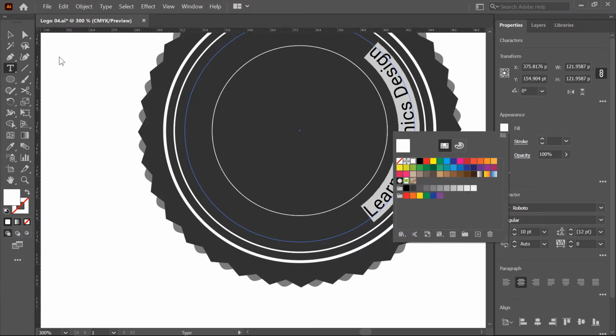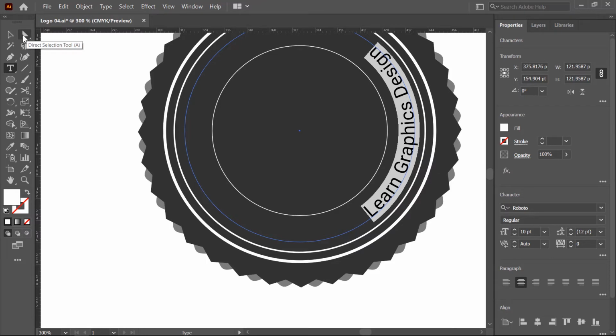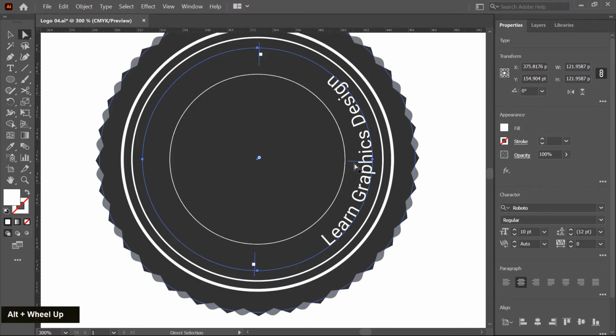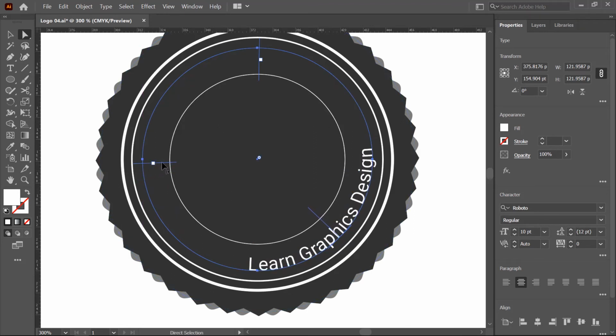Okay, and then switch to the direct selection tool. When you click on the direct selection tool, three lines appear on the text and these are control points. By using these control points you can place this text where you want. So I place this line on the center, same as I choose this and place in the center.